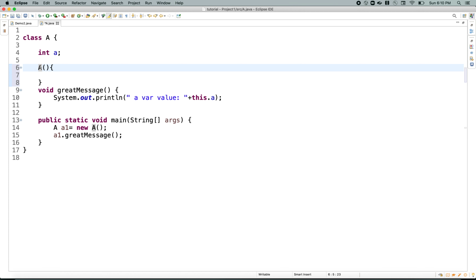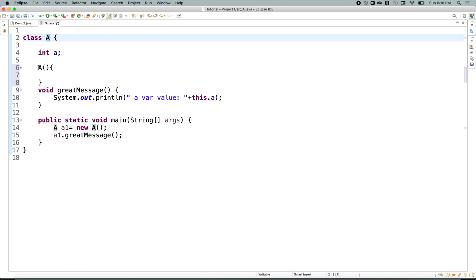Okay, so this will be an interview question. The interviewer may ask, like, do we have a return type for a constructor? It is no. Can we define a return type for a constructor? Yes, but if you define a return type, it will become like a normal method. It won't be treated as a constructor, even though the method name is the same as the class name.